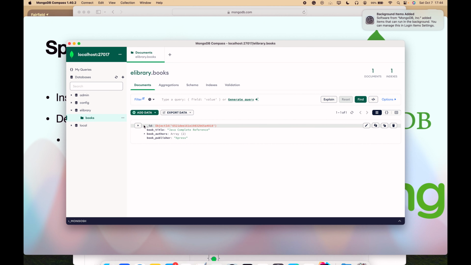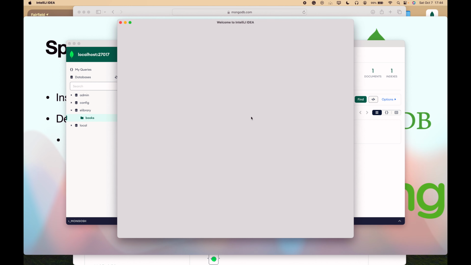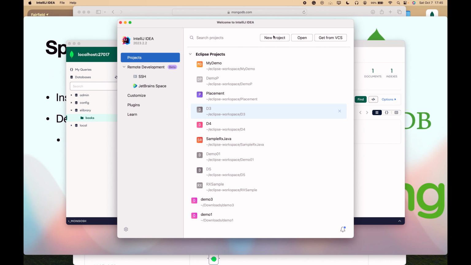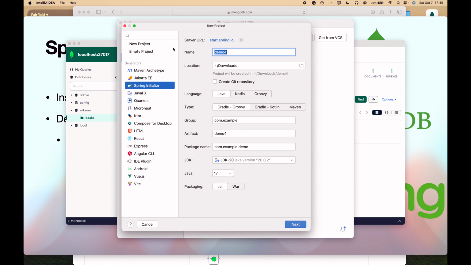So I'm going to use IntelliJ. Create a new project and ensure that you have selected the Spring Initializr. You can give some name for the project, let us say my library. I'm going to use the Maven build. You can decide the group. Then I'm packaging in a jar file. Next,